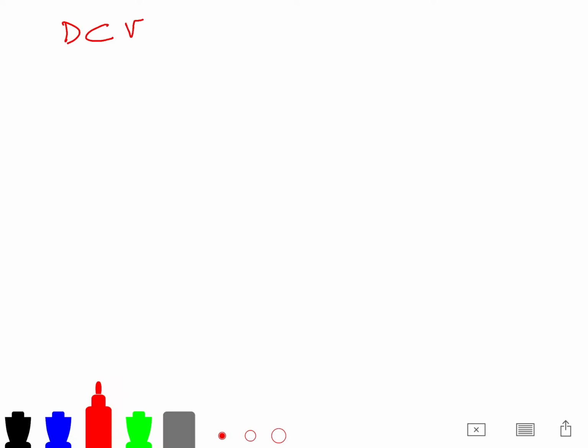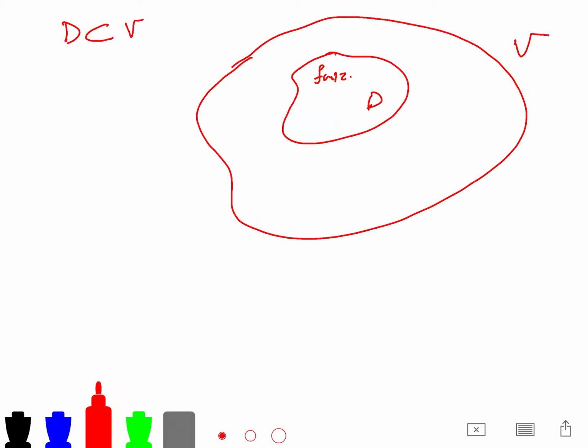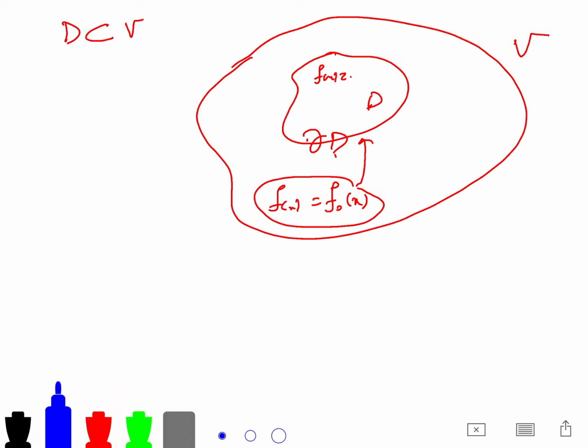So let D be a subset of V, and suppose we have a domain D, and we impose f(x) = f0(x) on the boundary of D, which is just a subset of V. So suppose that this potential f0 that I said,